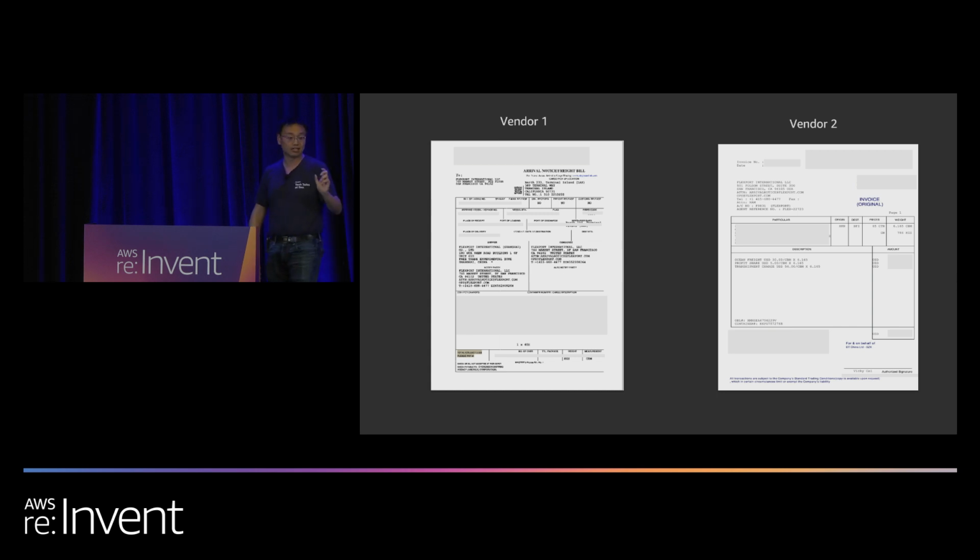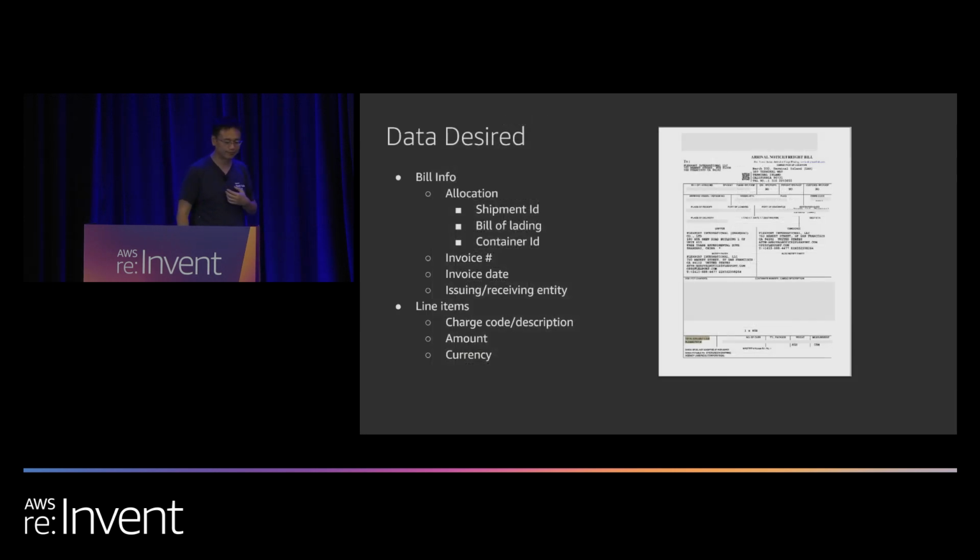Another good example is that in the bill, sometimes you need to identify what kind of currency, because we are handling global trade. Which currency is really mentioned in the document? It actually takes a lot of effort to train the model to understand that. Now the next step is to extract the content. For us, it's very important to get, for example, shipment ID, bill of lading, container ID, invoice number, etc., and to be able to extract them from those documents.